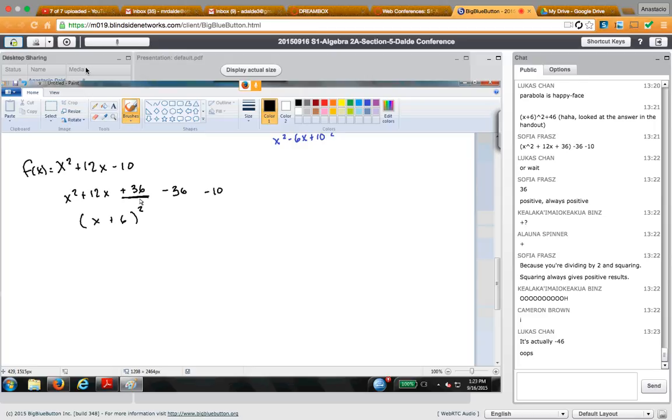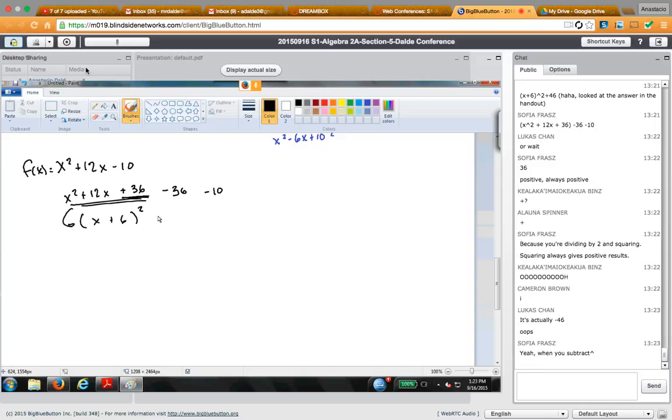So we did the stuff on the perfect square trinomial. Now we have to do the stuff that's outside of this thing, which is this stuff over here. Negative 36 minus 10 is negative 46. Bada bing, bada boom. Apparently this is a parabola that has moved down 46 units and moved to the left